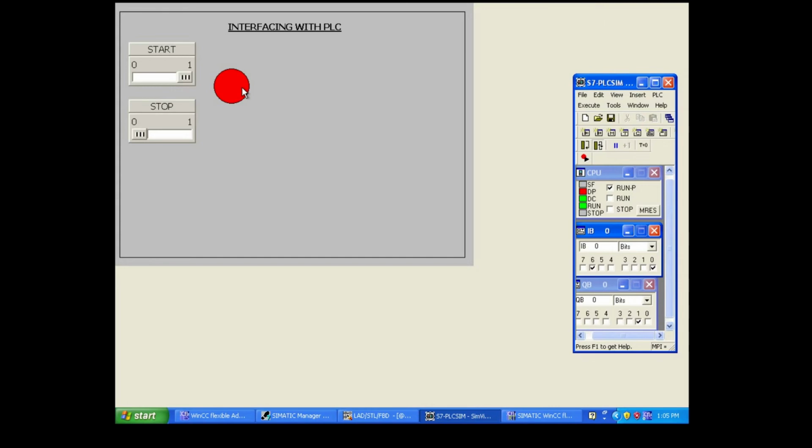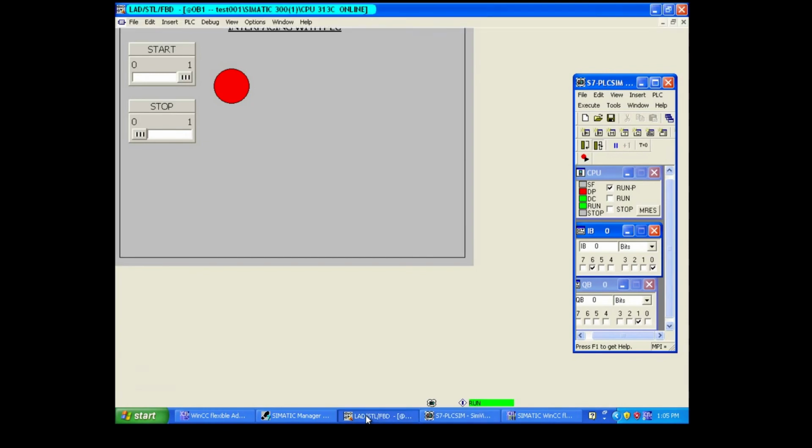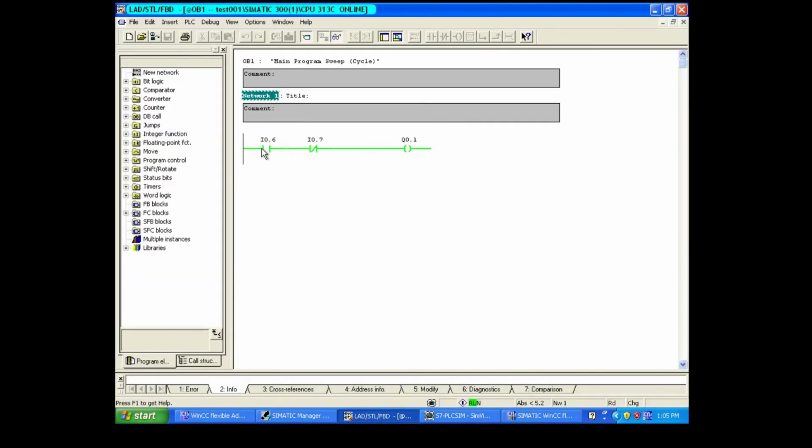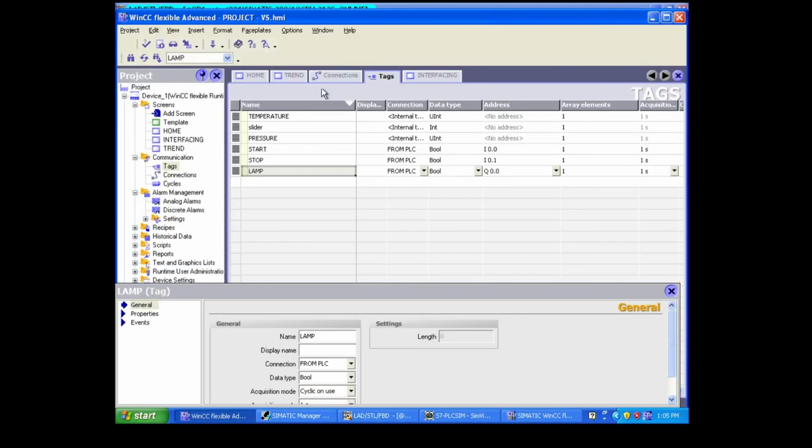Your output is not on because your output has a different address. Got it? So if your output needs to be on for the proper pin, you should change the output address in SCADA also. So whatever input and output addresses you are giving in the PLC simulation, here you have given I0.6, I0.7, Q0.1.